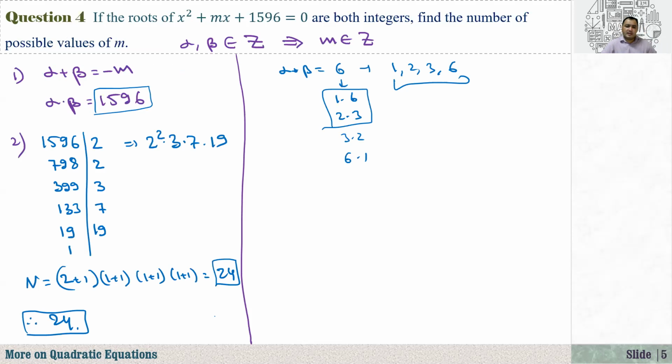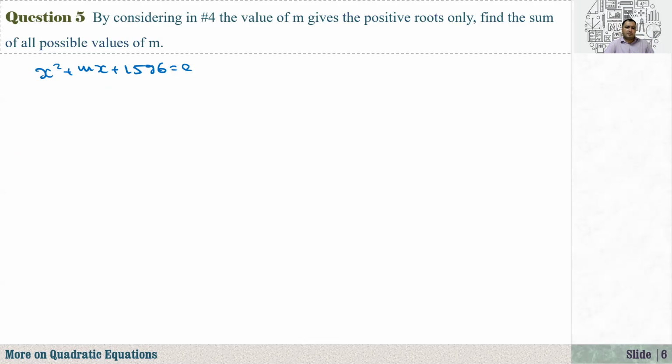So when m gives the positive roots, m is negative, so the negative m will be positive. So alpha is positive, beta is positive. Find the sum of all possible values of m. So what are the possible values of m? At that time, 1596, I can write it as 1 times 1596, or 2 times